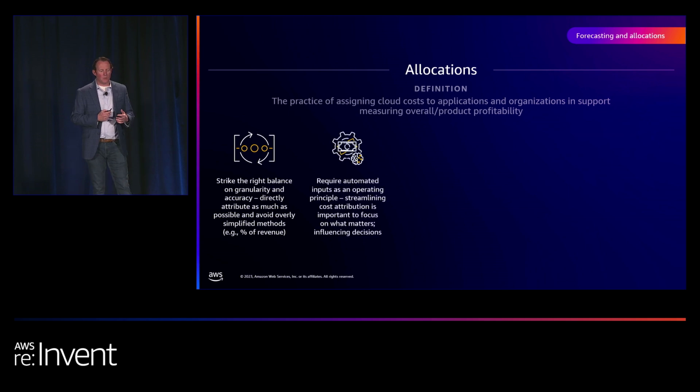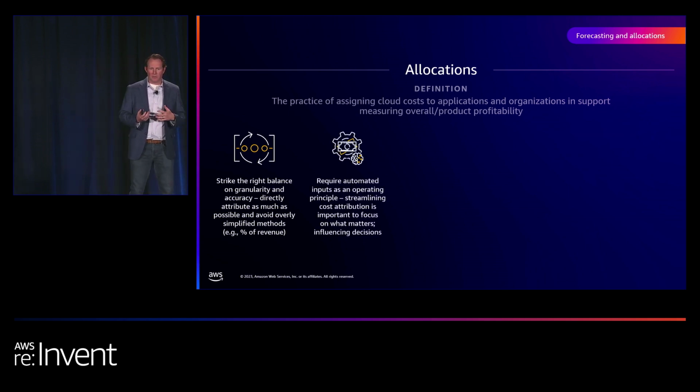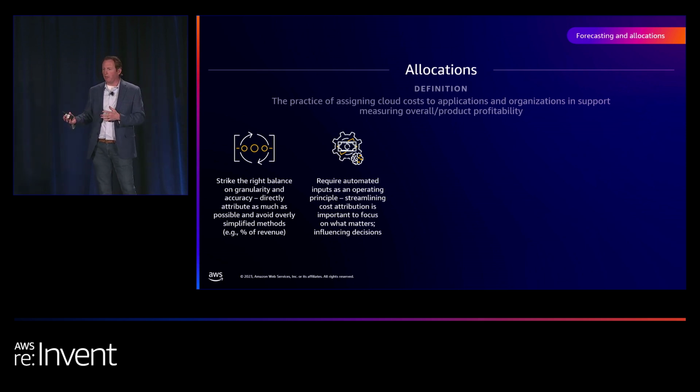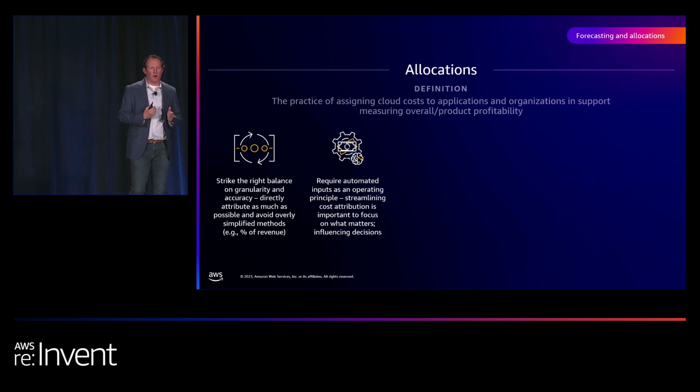The second is around automated inputs. Anybody that's done allocations or used information knows how painful the process can be if you're relying on others for information. So one organization I met with, they basically said our driver pool can only be things that we can automatically generate. So if it can't come from a system, we can't use it as a driver, no exception. And I think that was really powerful as I heard that, because it puts a really big onus on automation through the process, which is a really powerful way to do it.